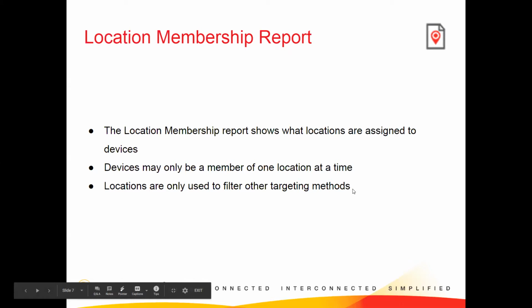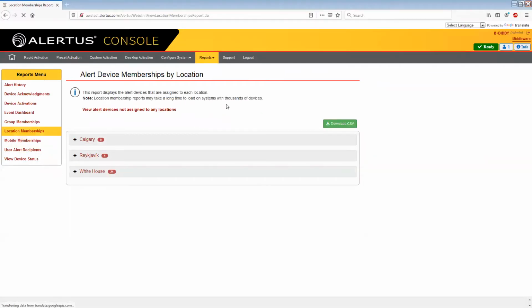We're going to go to location memberships. Location membership reports show you devices based off of location, as the name implies. They're very similar to groups, but there are a few distinct differences. First and foremost,